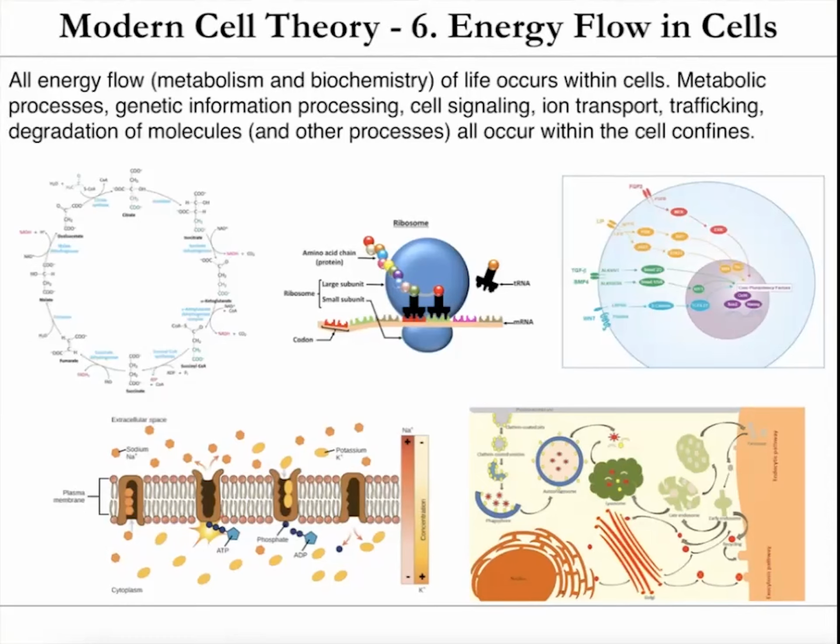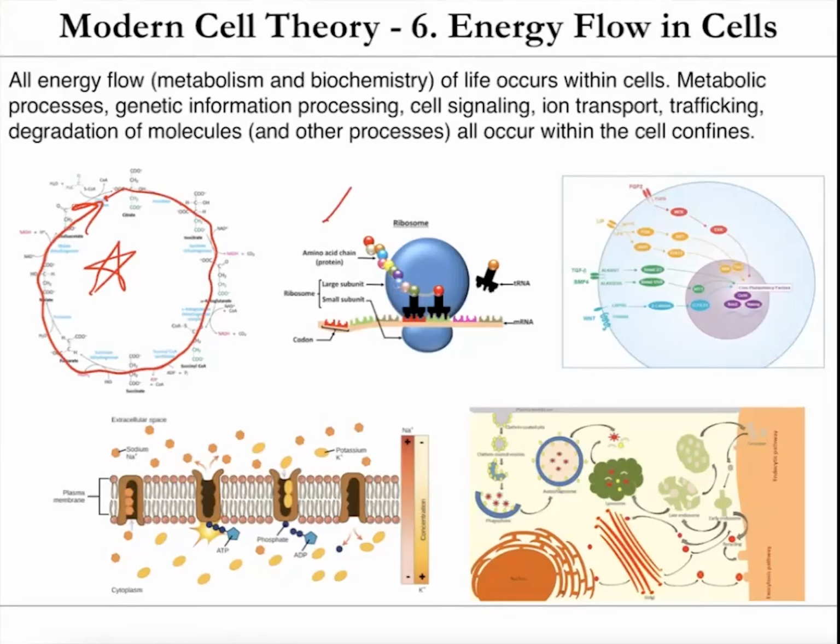In terms of energy flow, all cells are basically in a struggle against entropy. So cells are very organized, ordered molecules, and you have to use energy for that to happen. The laws of thermodynamics say that the universe tends toward disorder. Cells are breaking that tendency locally, and they're doing that by putting energy into the system and increasing disorder elsewhere in terms of heat and everything. So things like the citric acid cycle, which is a metabolic cycle shown here, occur within cells.